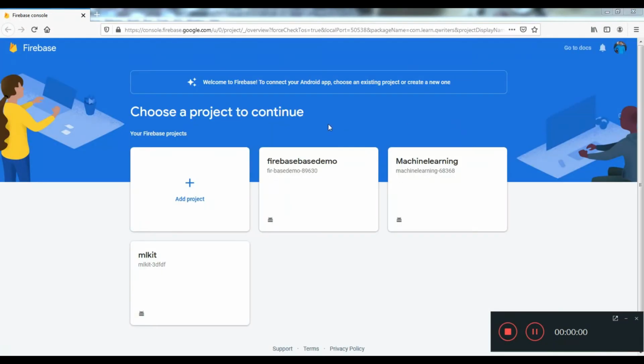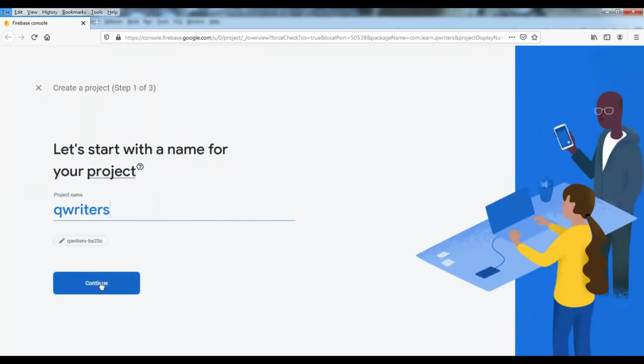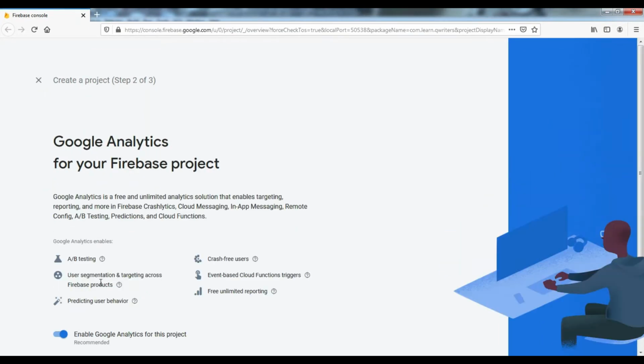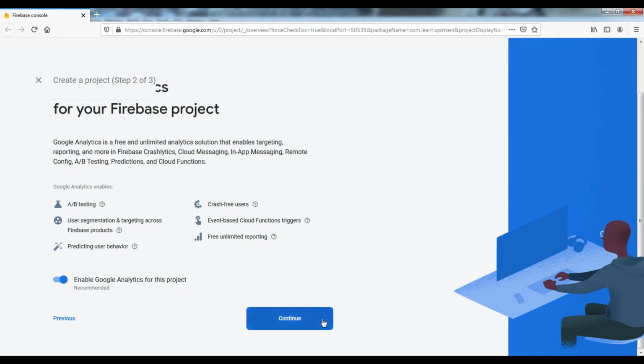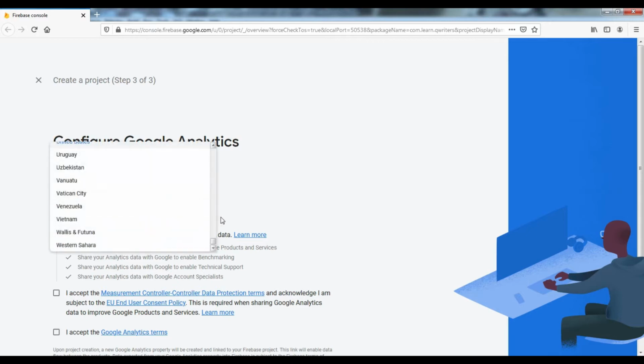A web browser will be opened. Go to the Firebase website and click on Add project. Click on continue. Your app name will be visible, so just scroll down and click on continue. From here you choose your country name.